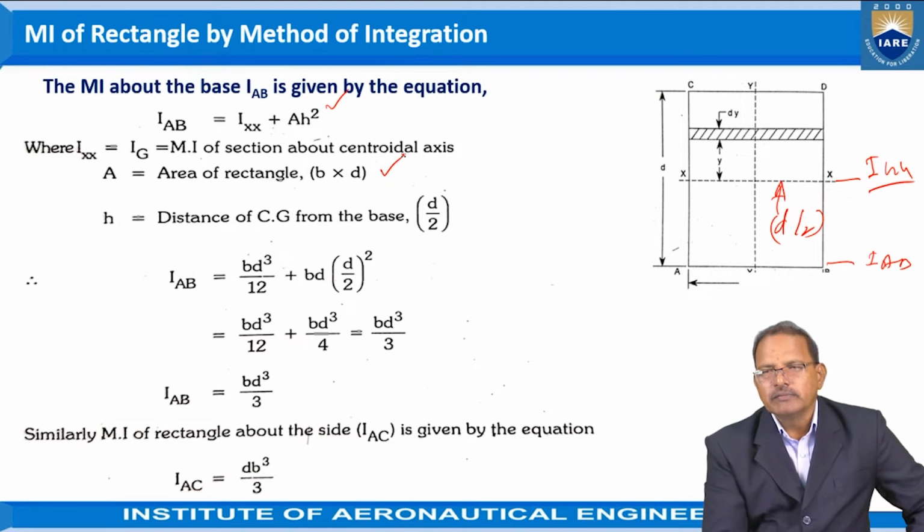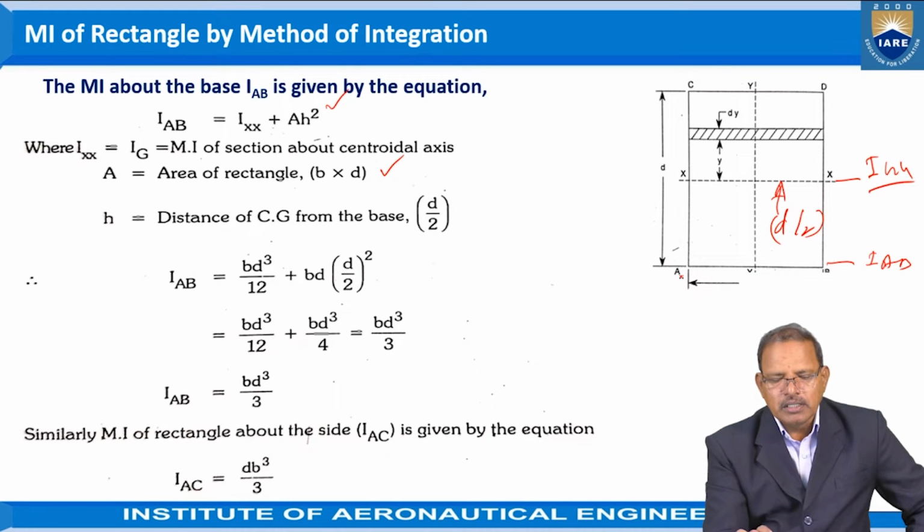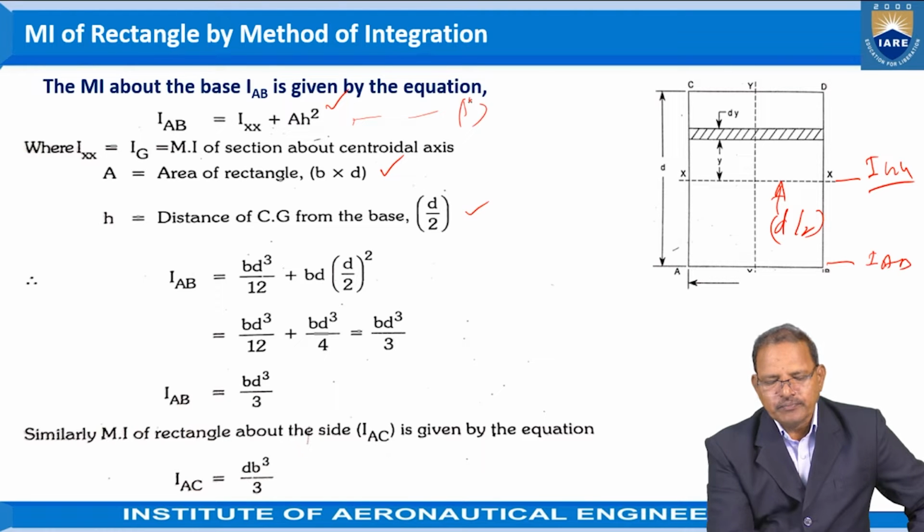A represents the area of the rectangle, which is equal to the product of breadth and depth, B into D. H represents the distance between the line AB and the central axis, which is equal to half of the depth, that is D by 2. Now substituting all the values in equation number 1, IAB is equal to BD cube by 12 plus BD into D by 2 whole square,